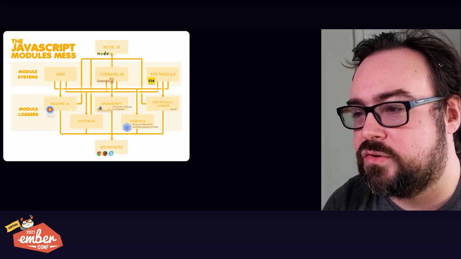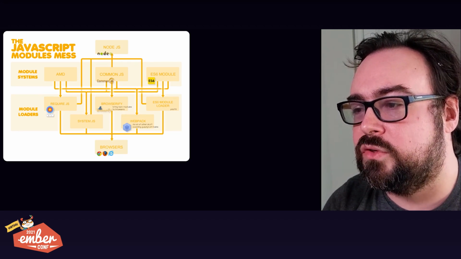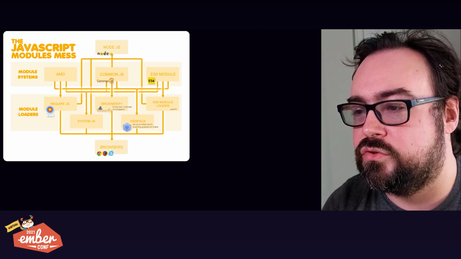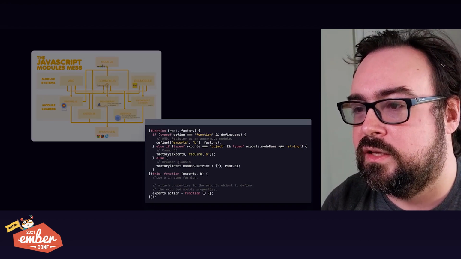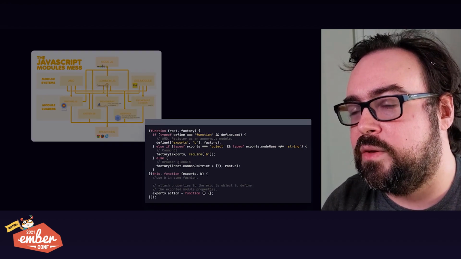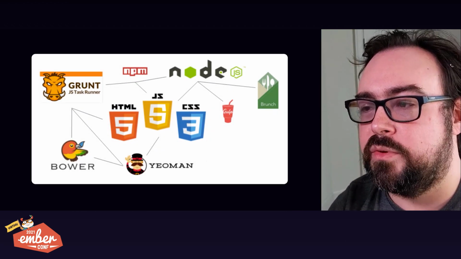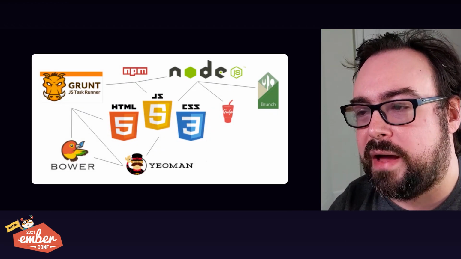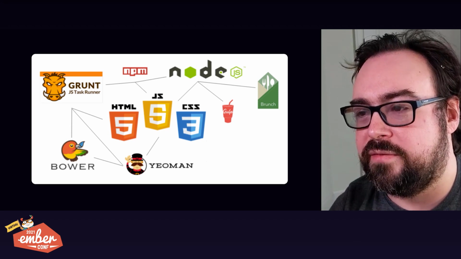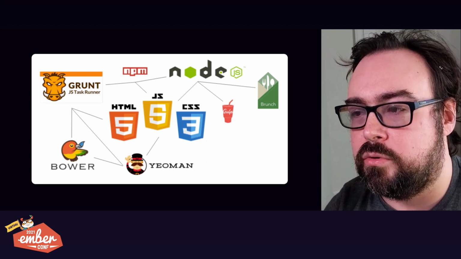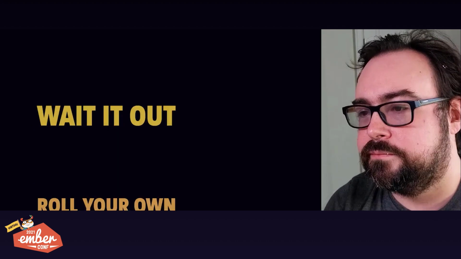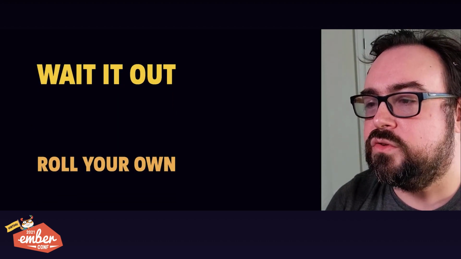Forcing applications to pick module systems was a ticking time bomb to costly migration, exactly what we were trying to avoid. Things were so bleak that people seriously considered UMD, this monstrosity. And the build tool ecosystem wasn't in better shape. Bower was the package manager for the front end at the time. Gulp, Grunt, and Brunch were popular, but they were primitive. This was a real challenge.